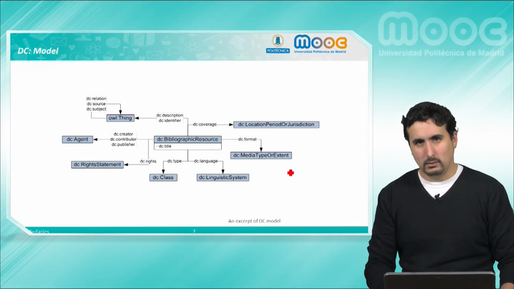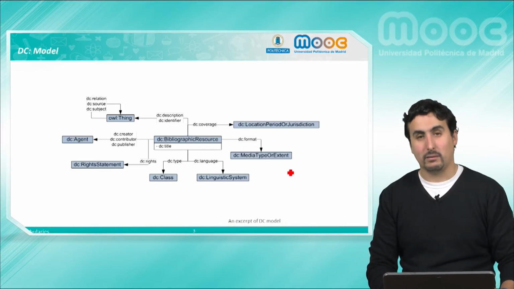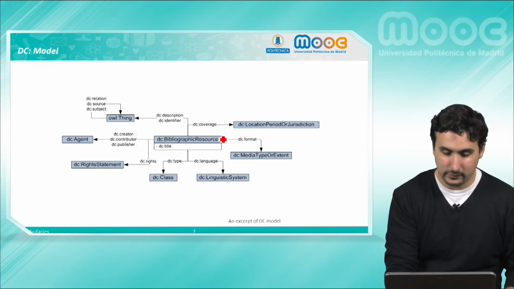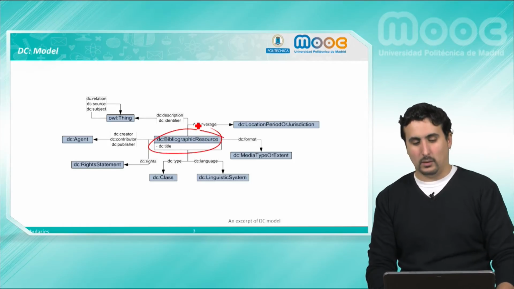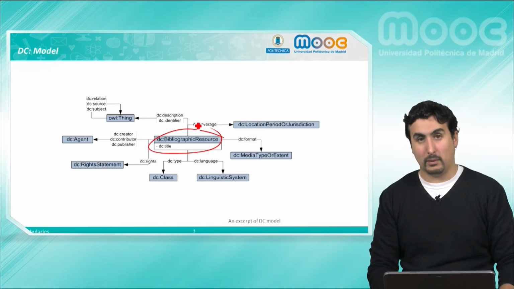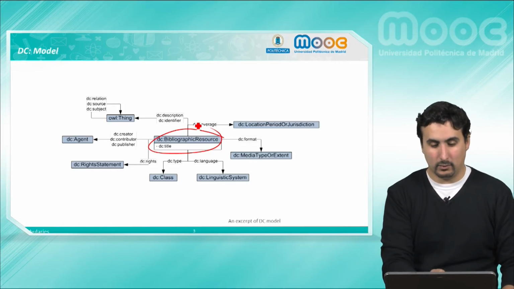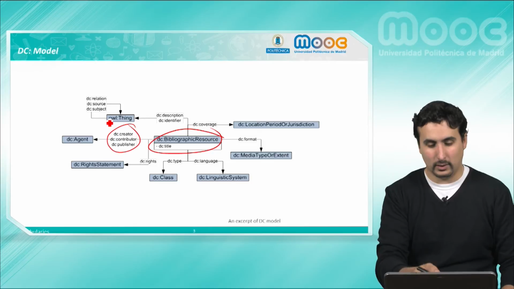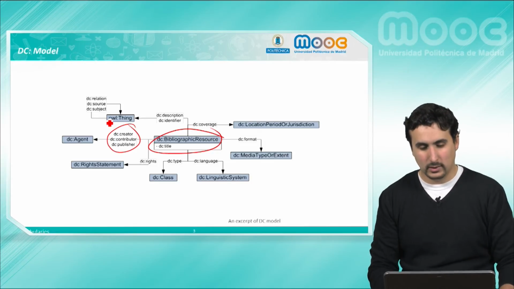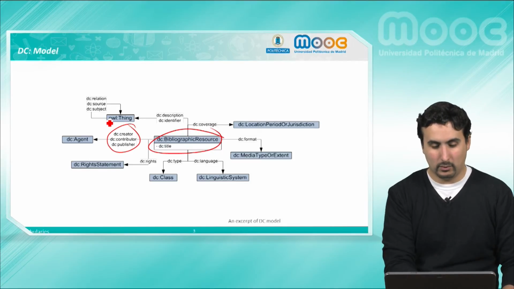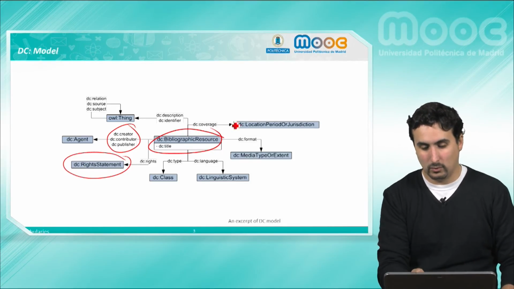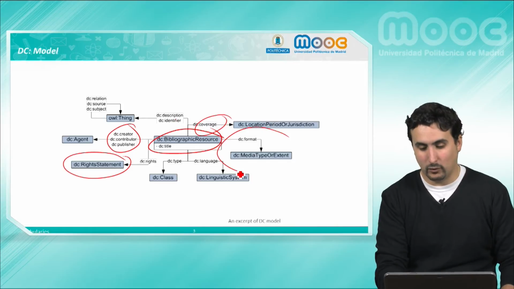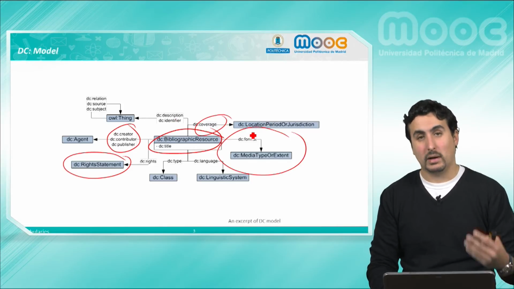So DC, Dublin Core, aims to describe bibliographical information, bibliographical resources. So we will have the concept for a bibliographical resource with many properties, such as, for example, its title, and how it relates to, for example, the people that created or contributed to it, or that published that bibliographical resource. And we have things, for example, its rights, or what it covers, or the format in which this bibliographical resource